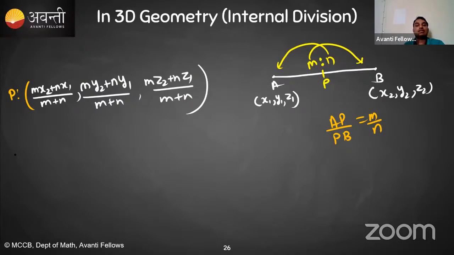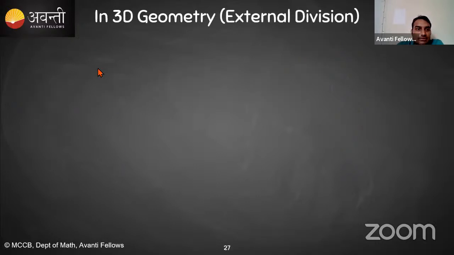Okay. So this is for the internal division. If internal division is happening, then how to find the coordinate? Same thing. No new formula to remember. Same formula. What happens in 2D, the same happens in 3D. Okay. So this is for the internal division, and for the external division, yes, you have already guessed this,